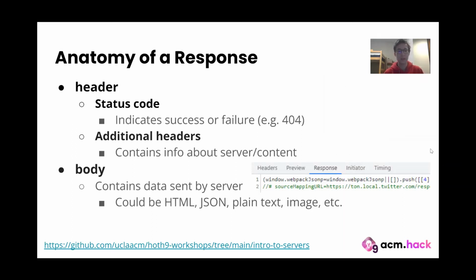Responses, similarly to requests, contain a header and a body. So a response will contain a status code in the header that indicates success or failure. For example, 200 would mean that your request was successful. 404, you may have seen that before, is a request failure. 404, page not found. And additional headers would contain info about the server or the kind of content that's being